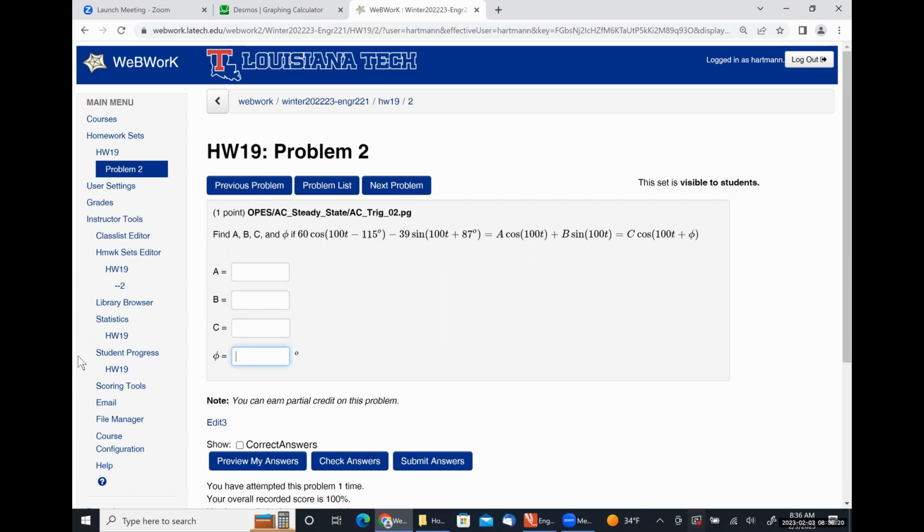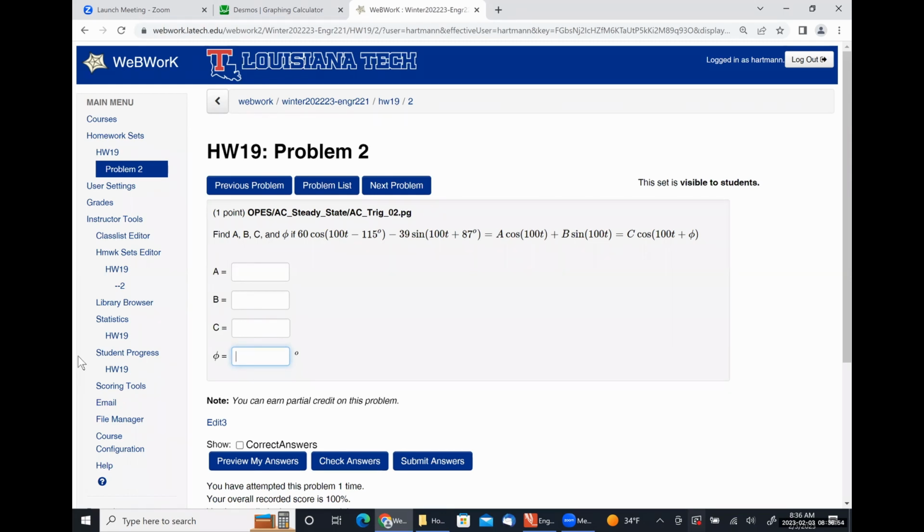So we are given two sinusoidal functions. One is 60 cosine of 100t minus 115 degrees, and then minus 39 sine of 100t plus 87 degrees. And we are asked to find this as the sum of a pure cosine function plus a pure sine function, or as a single cosine function with a phase angle. So for this particular problem, instead of suffering through 2 pages of trig identities, we could say